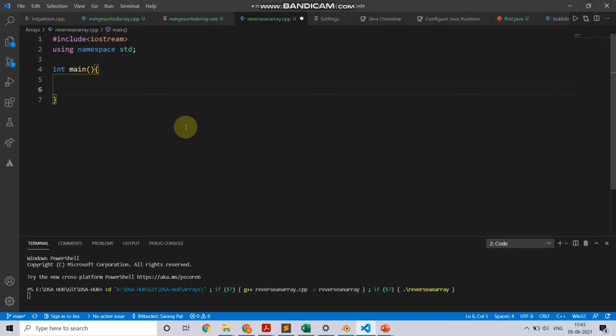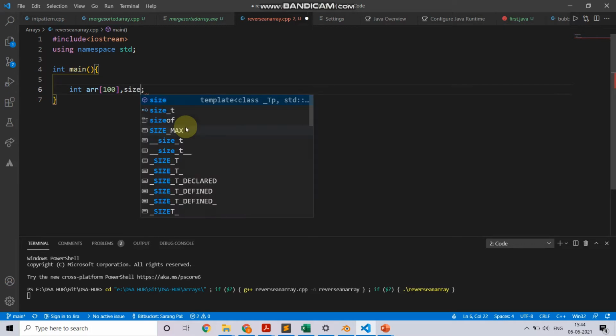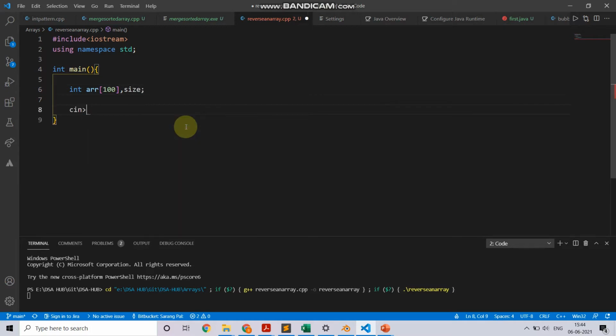Let's just jump into the code. I'm assuming that we have the size of the array and the elements provided in the input section. So I'm going to declare an array first. Let's say it has a size of 100. Also, let's declare size there itself. Now the first thing I need to scan from the input line is the size itself.